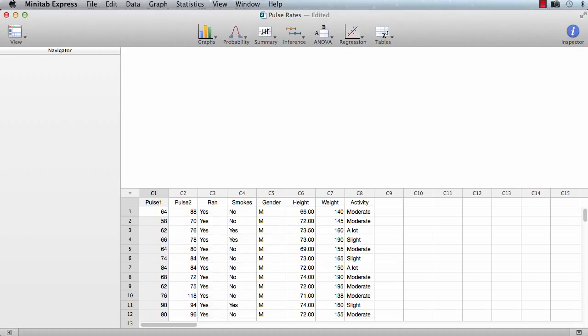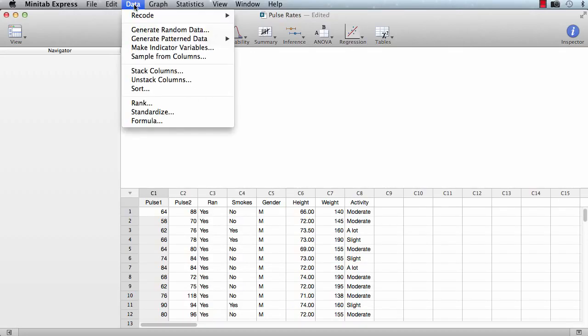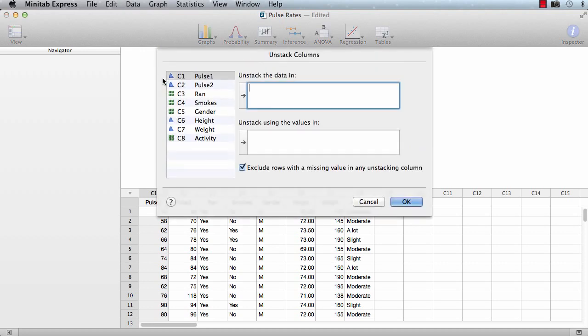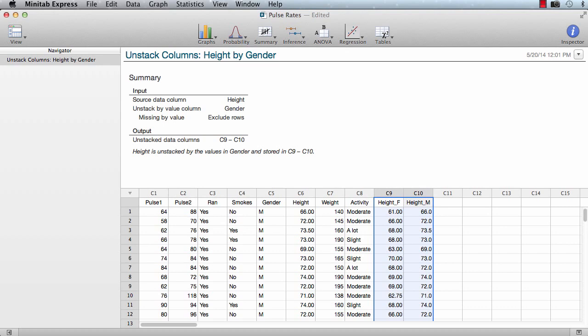Before we can conduct a one-sample t-test, we'll first need to separate the males from the females. To perform this type of data manipulation, we can use Data, Unstack Columns. Here we can tell Minitab Express that we want to unstack the data in the height column using the values in the gender column. Here in the data pane, we now see that we have female heights in one column and male heights in